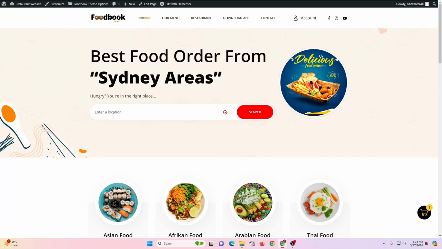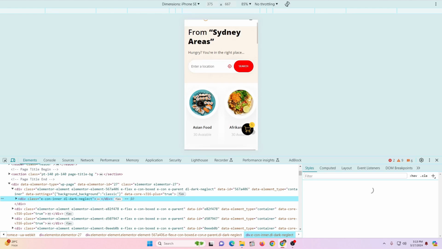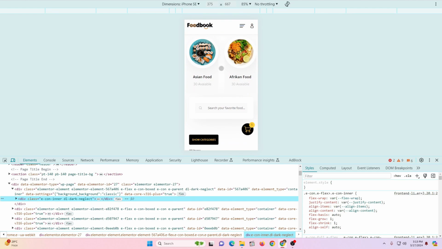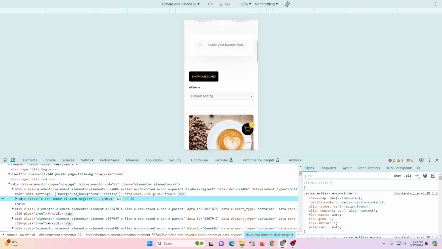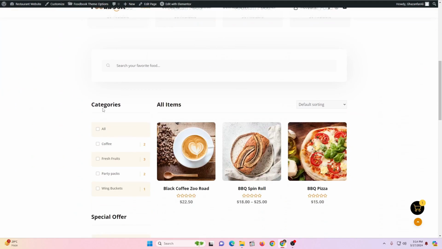Now if we go back here and I'll give it a refresh, you can see on the desktop it is completely fine. But if I click on this inspect button, you can see now it is sticking in the proper place where I wanted it to be. So in this way you can actually fix the entire website, and now our website is actually ready to go